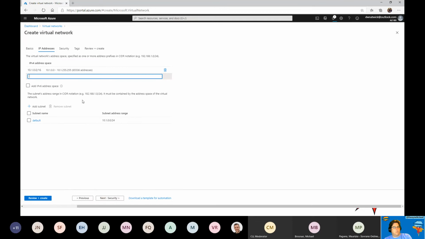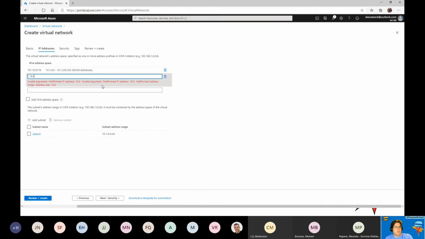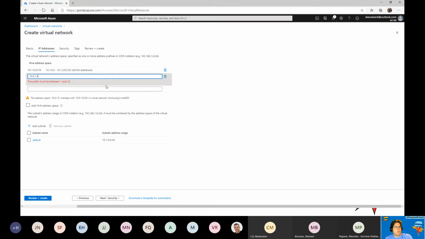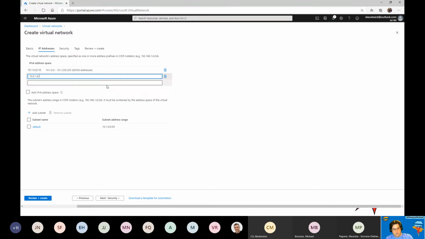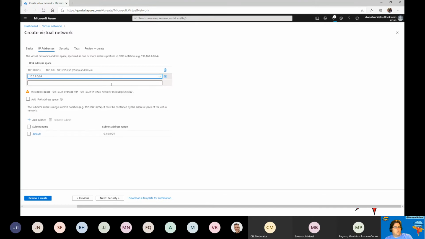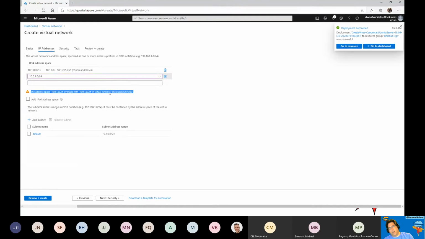And make sure you put in your IP addressing. One of the things Microsoft does tend to do, if I try to put this in a 10.0, you can see it's going to tell you that I'm overlapping IP addresses. So one of the things, if you recall me talking about virtual networking, I don't know if I went